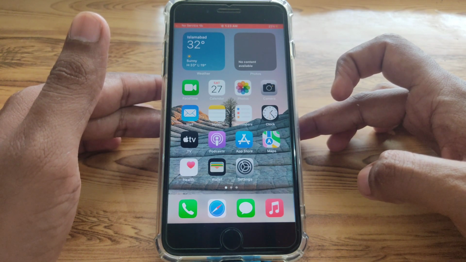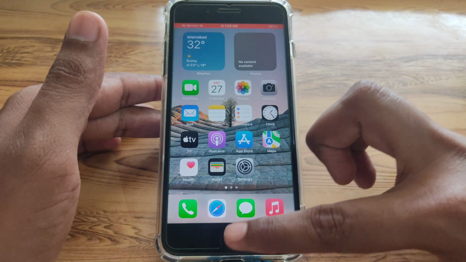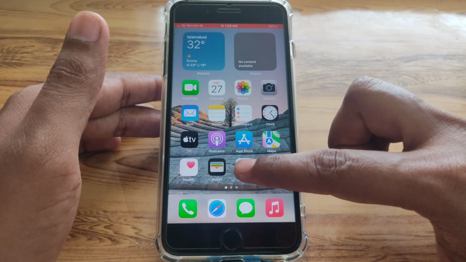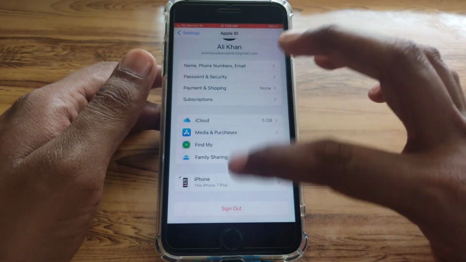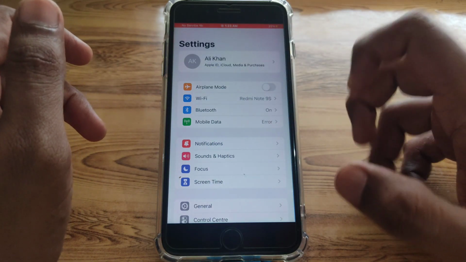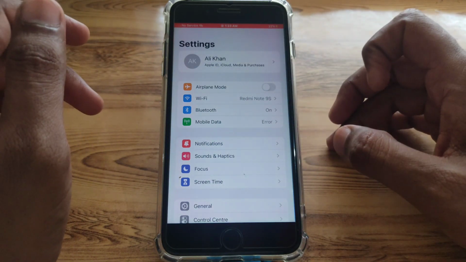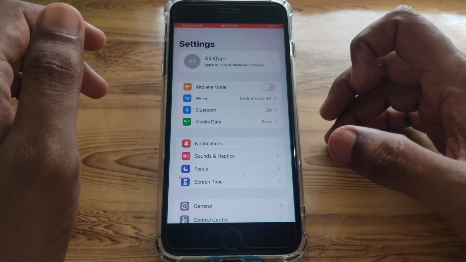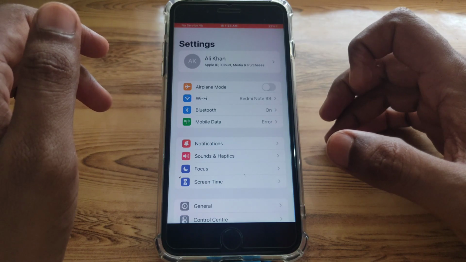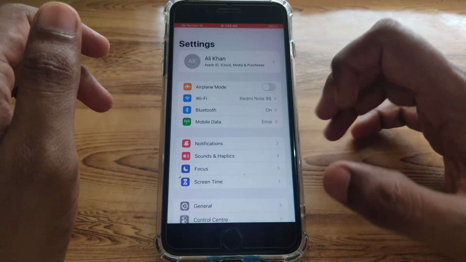And after signing out, the next thing is you have to check whether your card has expired or not, which means the payment method you have connected to your Apple ID, the card you have connected, whether it is working properly or expired. If it is expired, then the next thing you have to do is